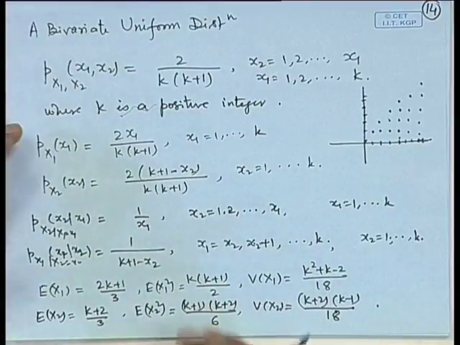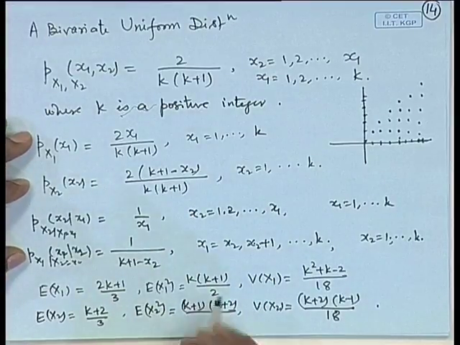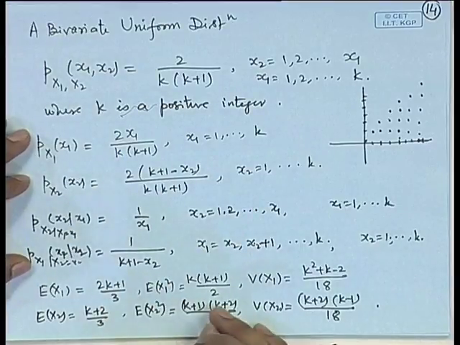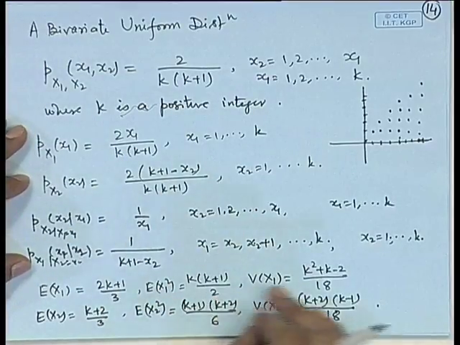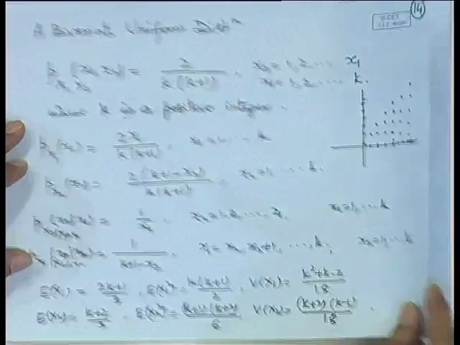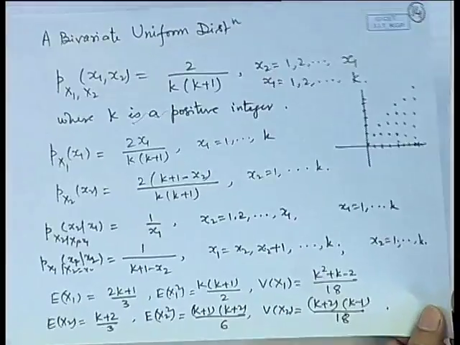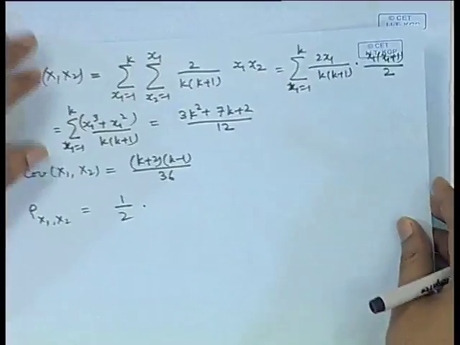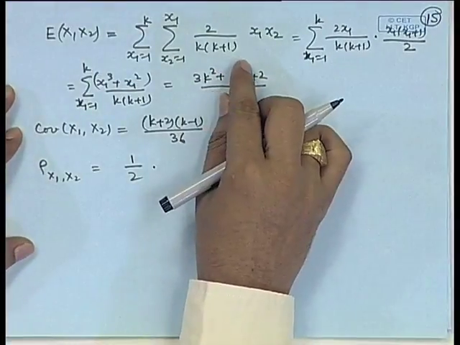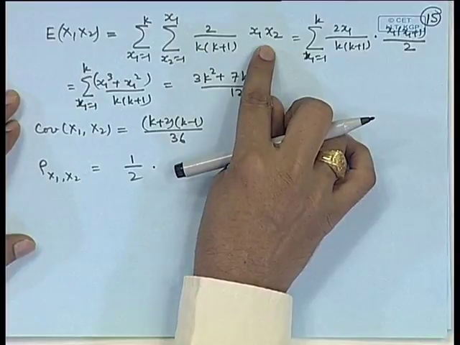We can calculate certain moments about this distribution, which can be obtained from the marginal distributions, like expectation of x1, expectation of x1 square, variance of x1 and similar characteristics for the x2 variable. We can also look at the product moment here, that is expectation of x1 x2, which is calculated from the joint distribution of x1 x2,